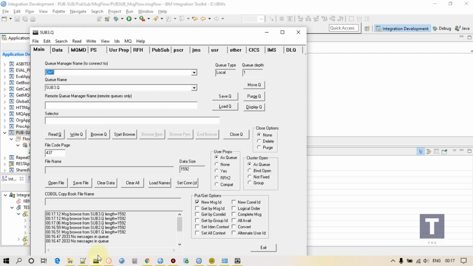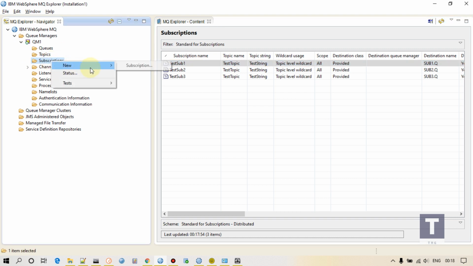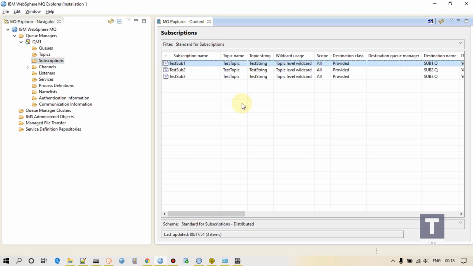Now you may be wondering it will be a tedious task to create 200 subscriptions. No, it's not, because while working we generally don't create these manually. We can create them using a script.